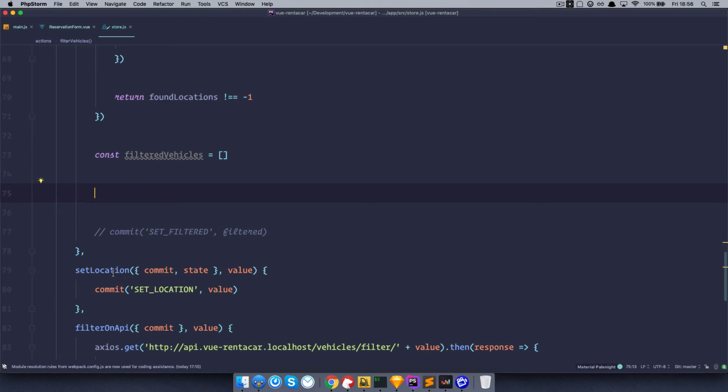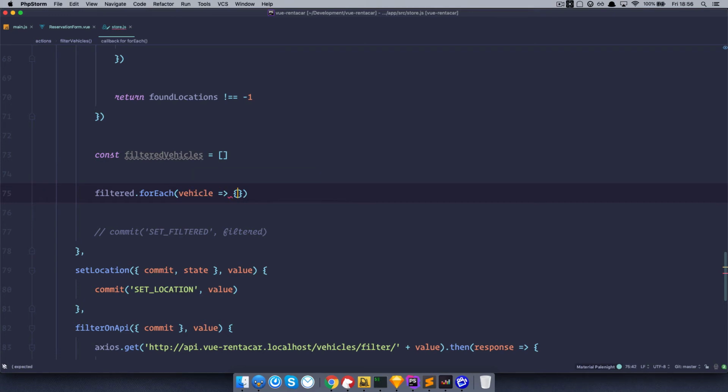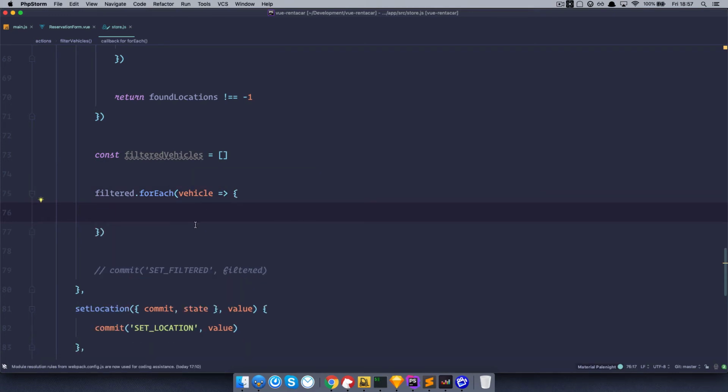So first of all, we just do filtered dot for each vehicle. So we are entering a for each loop right here. And then first of all, we just want to create a simple condition, just a simple condition to see if our vehicles even have any dates present. Because if they don't have any dates present, that automatically means that those vehicles are available at any date, right? So we just do if